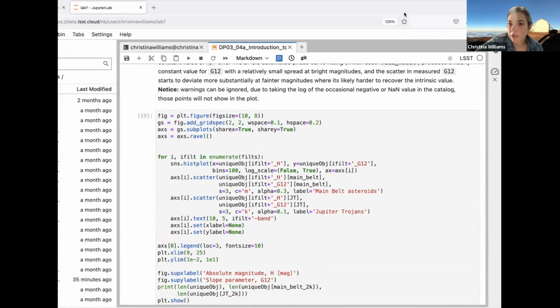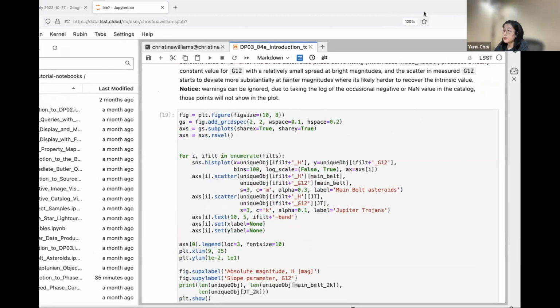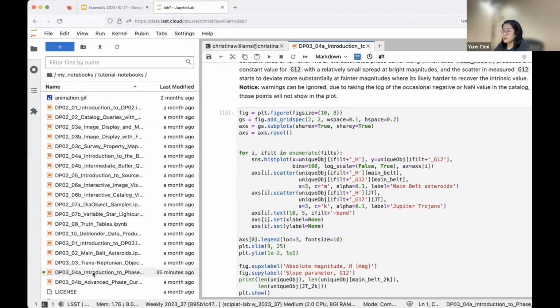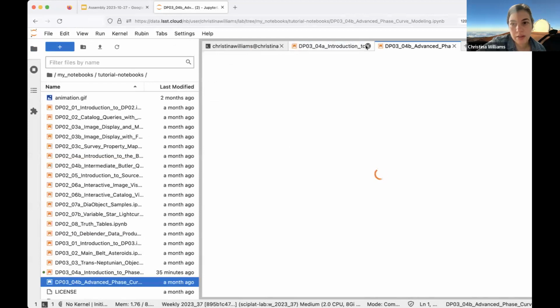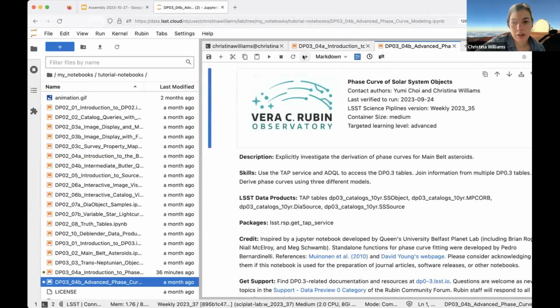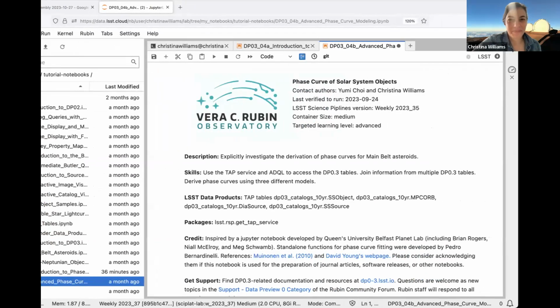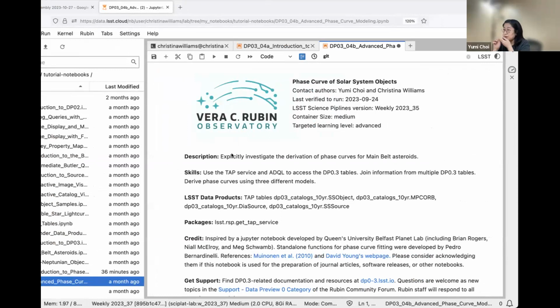Yumi, do you still need me to share the screen for you? Yeah, my notebook server is not working. Yeah, so I'll just bring this up then. And I'm just going to start it running, because there's another query in there that takes a long time. So, all right, I'll mute, and then Yumi, direct me with the navigation on the screen. Okay, thank you, Christina. Sorry, this morning we had some problems with the notebook servers. It was fixed for most people, but it's still not working for me. So, Christina, thank you for sharing your screen for me.